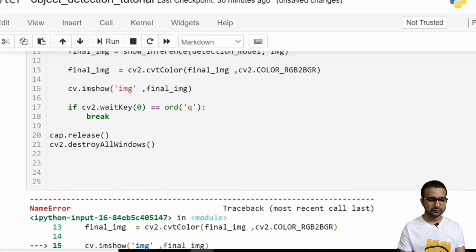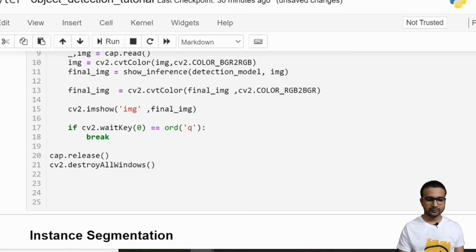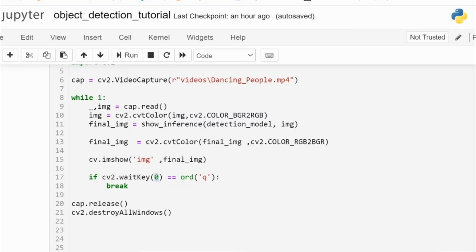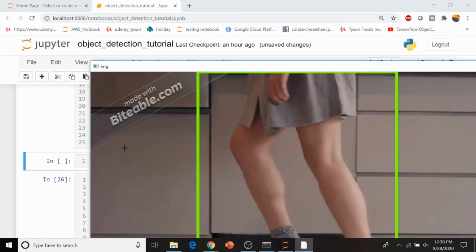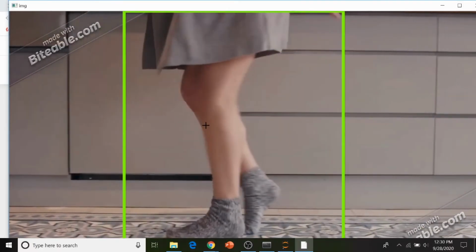Okay, we made some small typos. I can write this cv2 over here. Nice. So guys, here is a small correction. Instead of this waitKey 0, you need to give waitKey 1. Otherwise, it will keep holding on the same window. Now let's run this. And here you can see your video is coming up.